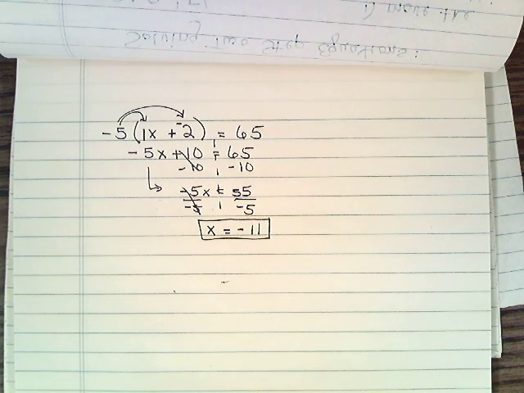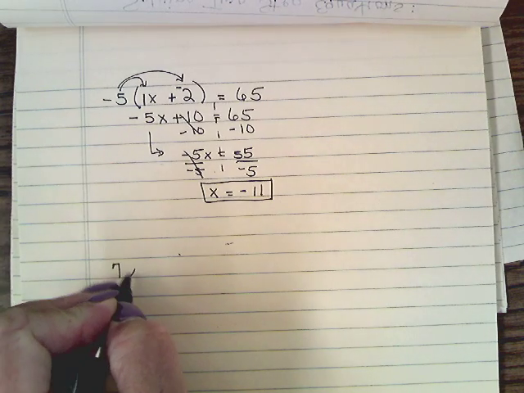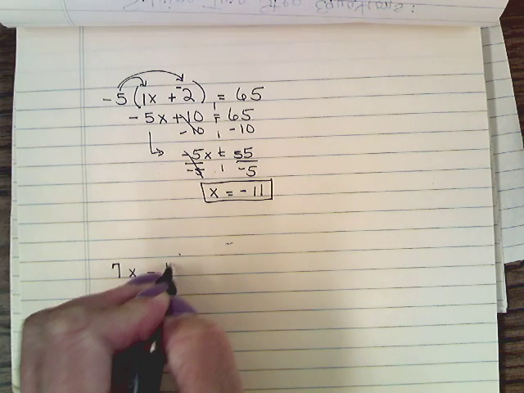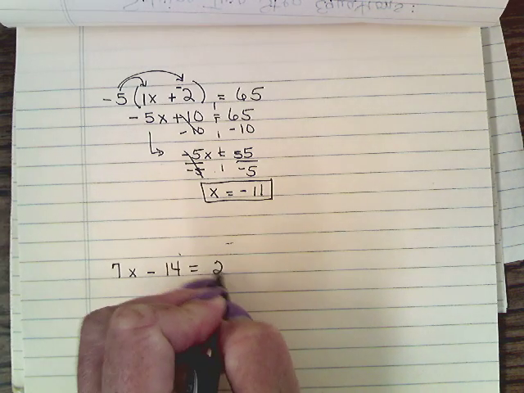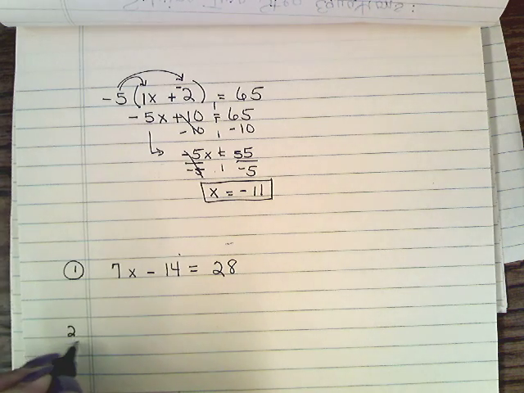Okay, those are the 4 examples, and those are the 4 types of problems you're going to have when you do your classwork tomorrow. So I expect you to have the notes ready to go, and I'm going to give you 3 practice problems. We have 7x minus 14 equals 28. That's your first practice problem. Your second practice problem,